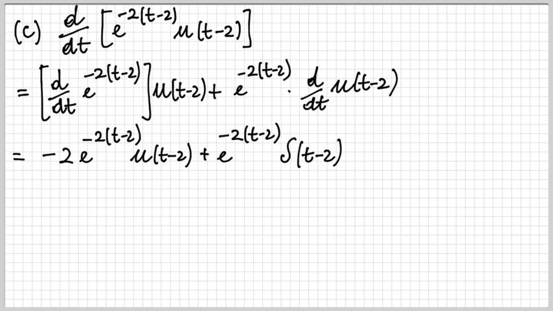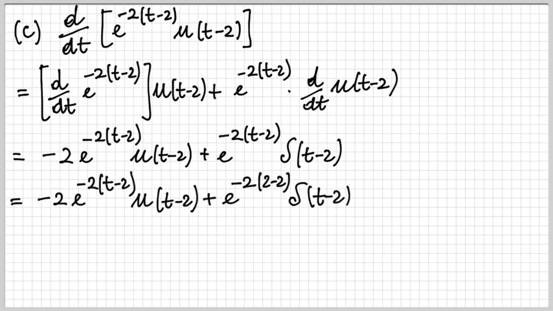I have to calculate the derivative of u of t minus 2. U of t minus 2 is a step function centered at time equal 2. That's where the discontinuity is. So the derivative of this step function is the ideal impulse delta of t minus 2 centered at the same spot. So finally, by applying again the sampling property of the impulse to the second part of the expression,